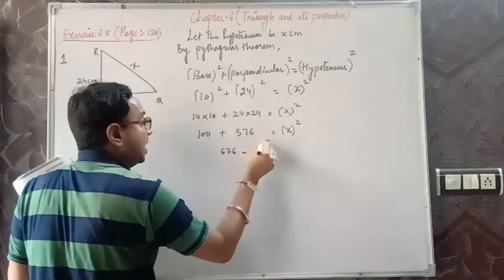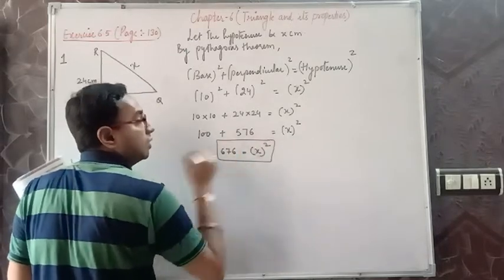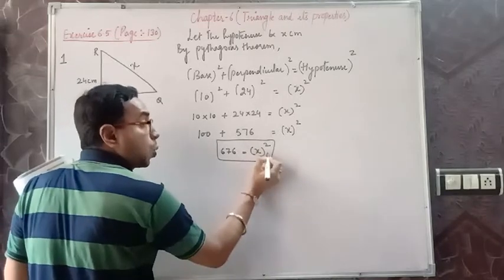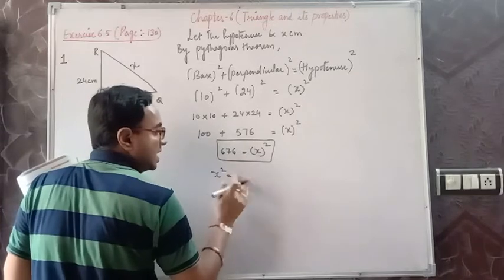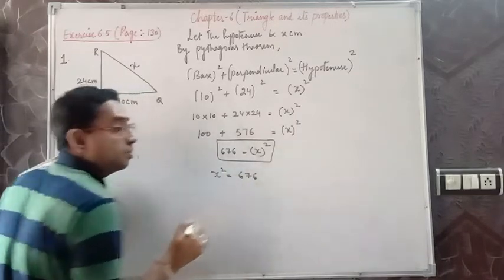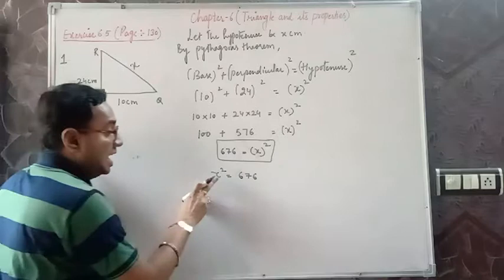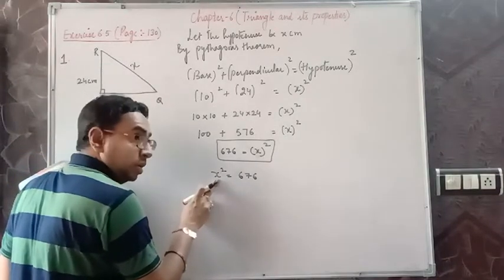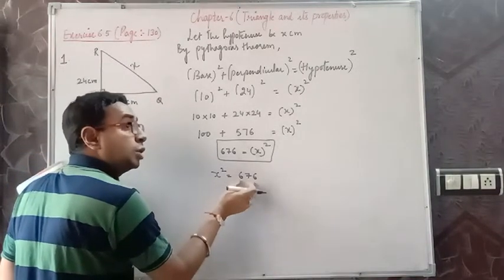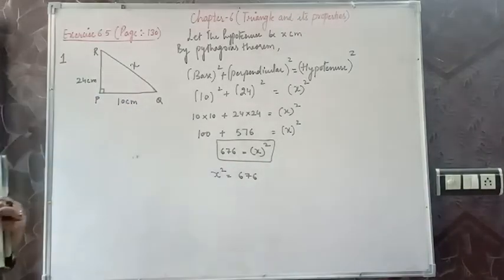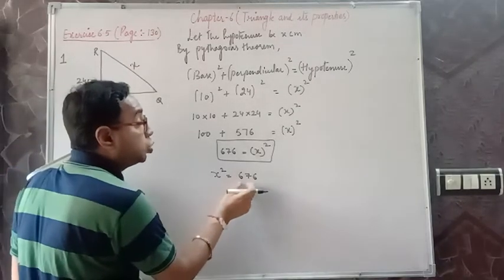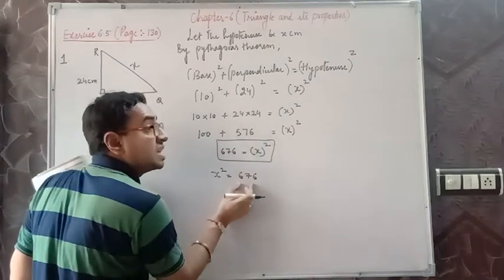Now this step is very important. How to solve this? Here we have a square, right? Understand this is very important. What should be the number that if I multiply it twice, I must get 676? This is what square is. Like 10 into 10 is 100, so 100 is a square, and we get 100 by 10 into 10. Similarly, what are the two same numbers which will give you 676?